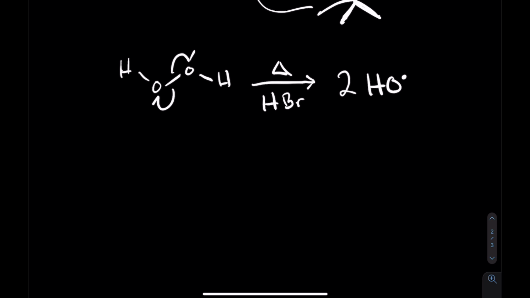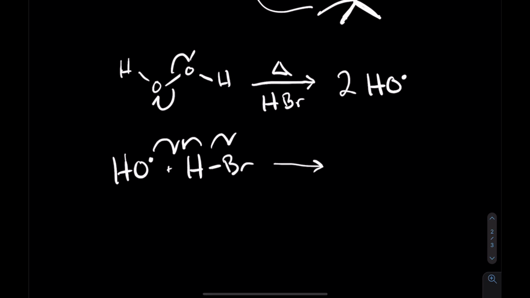Second step in this reaction, take the hydroxyl radical and HBr, and this is going to take the H off of the HBr. All right, and what that's going to do is then create a bromide radical. All right, and so you end up then with water, which is great, and then bromide radical,